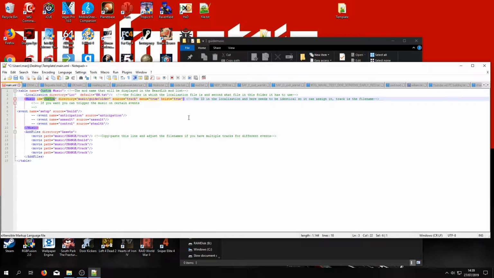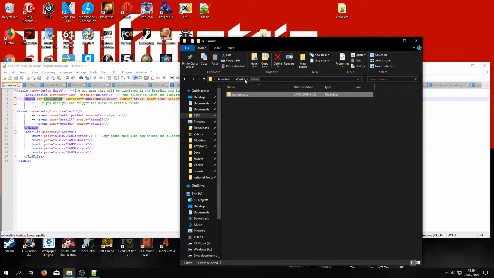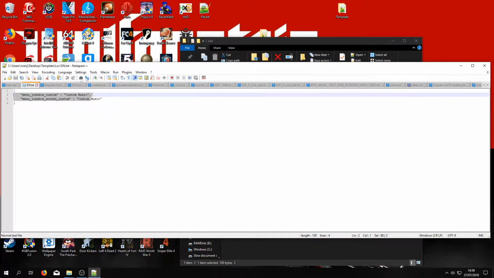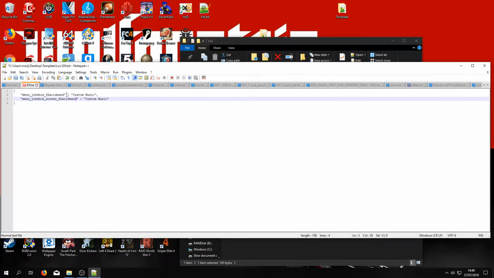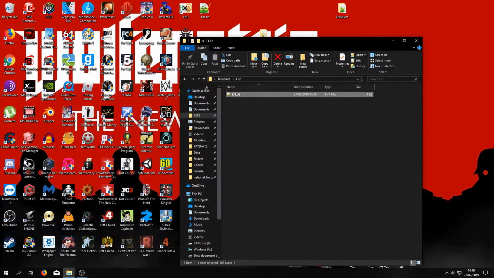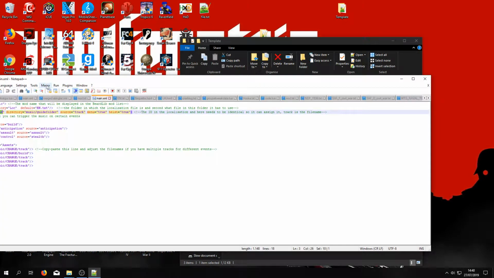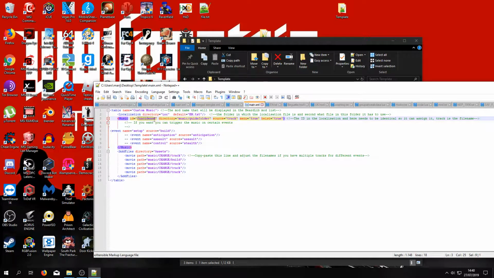Then we choose an ID for the mode. Now this ID is only for references, so you can set it to anything. So I'm just gonna type some random letters and I'm gonna copy it. Now where do we use this? We go to localization, and in here we have the localization for our mod. So we copy our ID here where custom was, and then we set the name for our music. I'm just gonna leave it as custom music because I don't actually have any music inside this folder. But once I do, this will give them a name in the game.